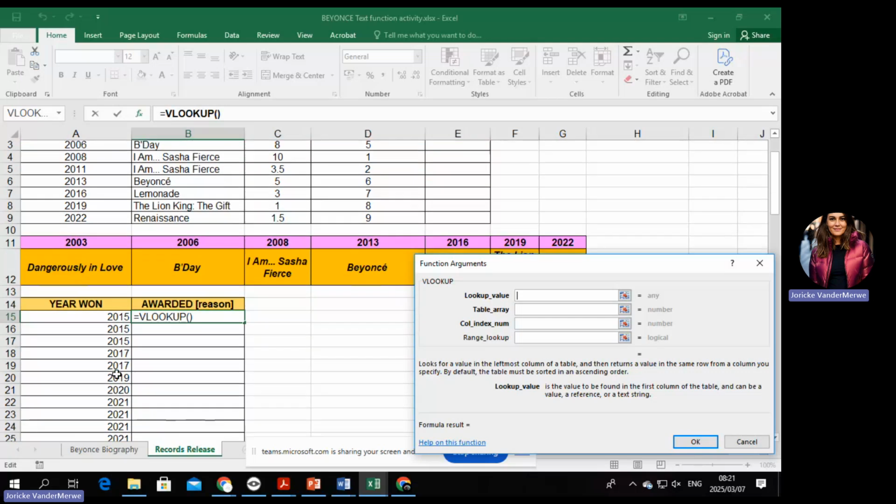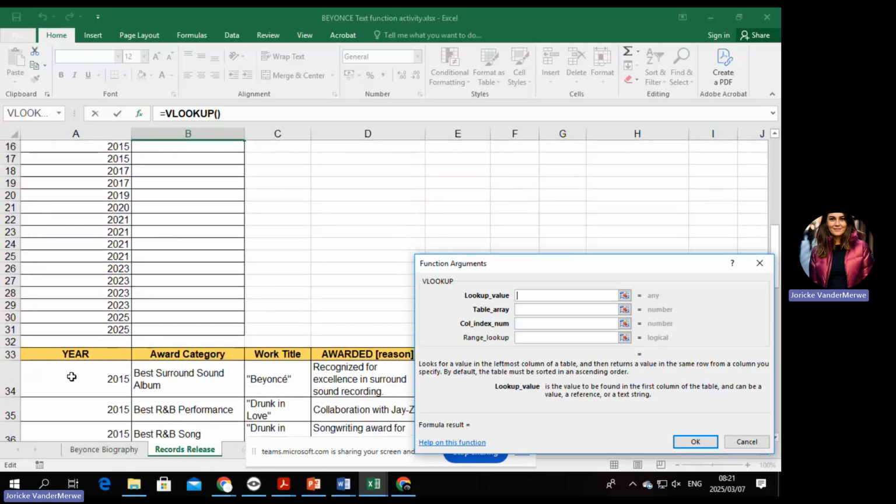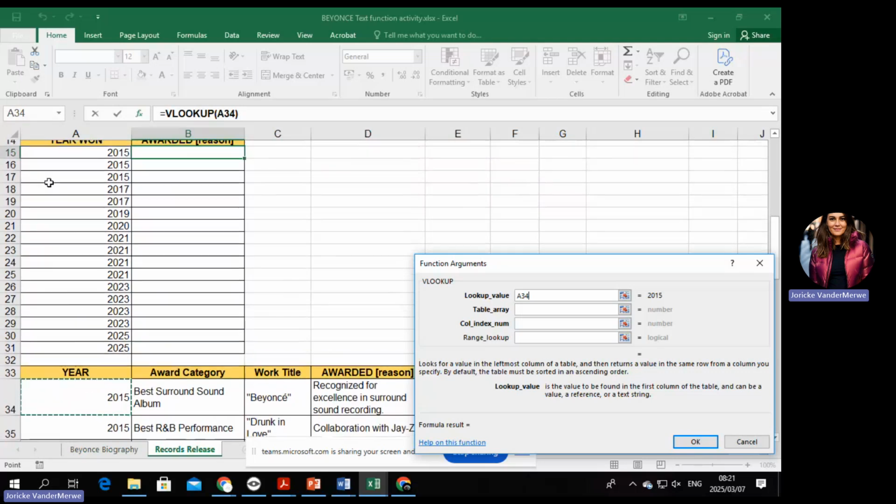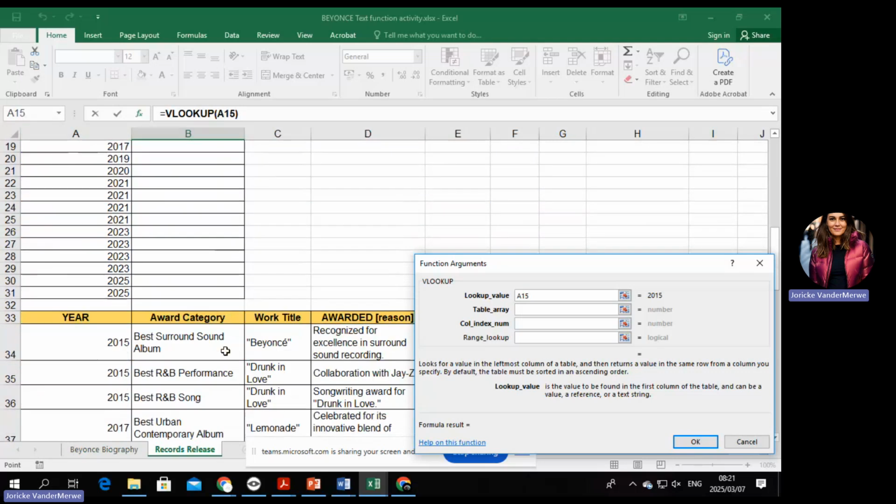We are going to look up the year, which is going to be in 2015, okay? And so we are going to choose the one that we want to be used. So it's going to be this one. Oh, sorry, it's going to be the year, which is that one.